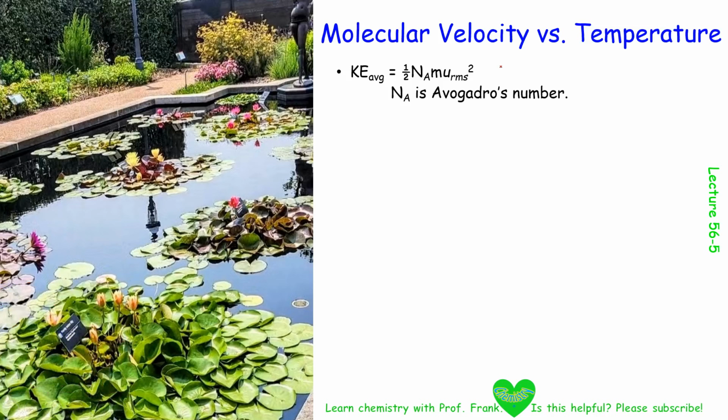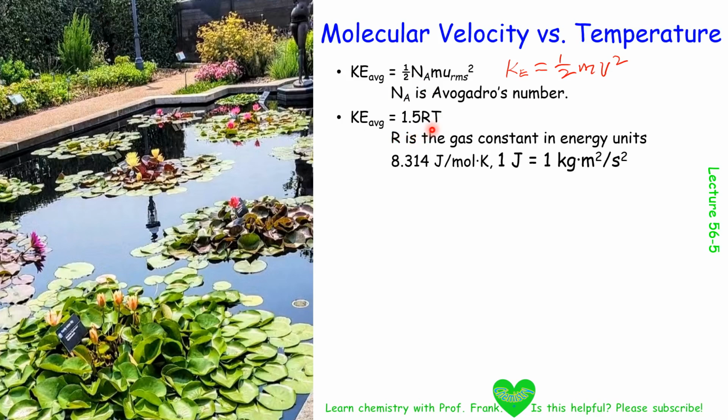So this is basically the equation we learned a while ago. Kinetic energy equals 1/2 mv squared. NA here is the Avogadro number. We can also write the average kinetic energy equals 1.5